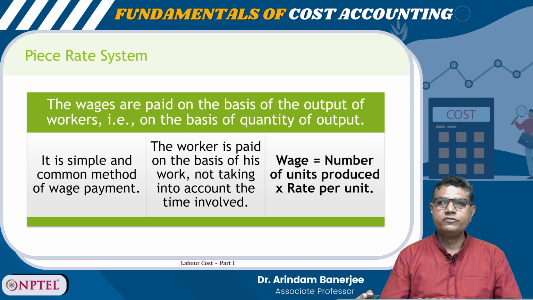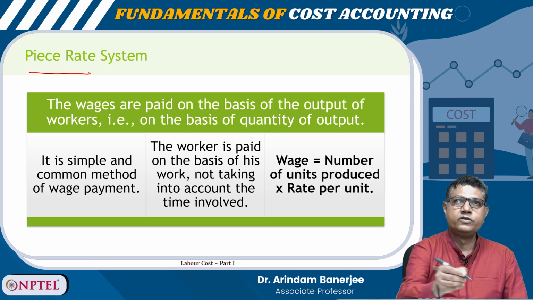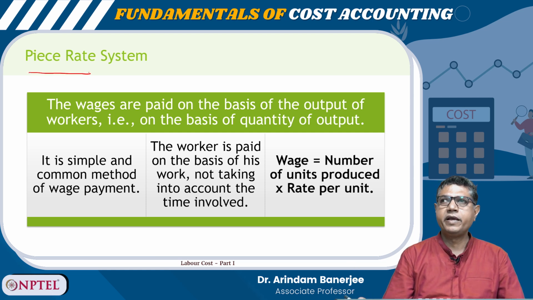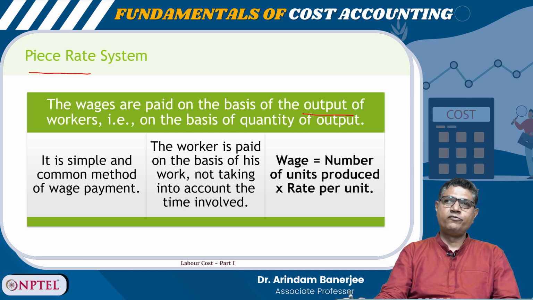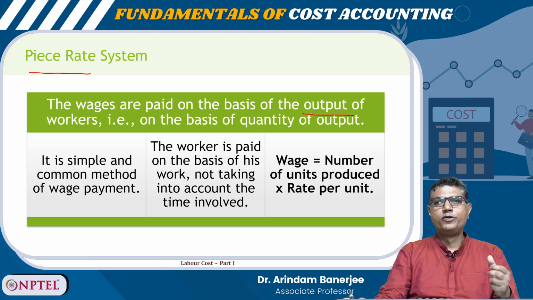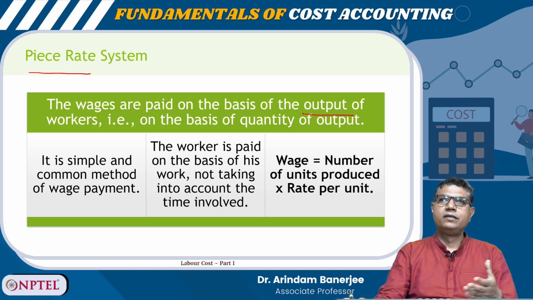The second system which the companies often follow is called the piece rate system. Here the wages are paid on the basis of number of units produced, not on the basis of time, but on the basis of the output produced. So, it is the output which is important. The worker can take any quantum of time for producing one unit. He may do it quickly also, he can be slightly delayed also, but the remuneration will be based on the